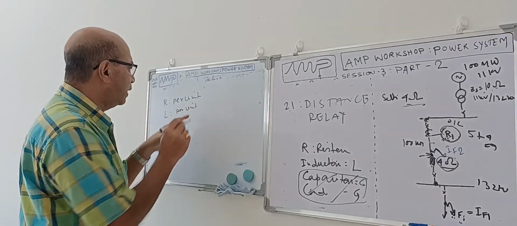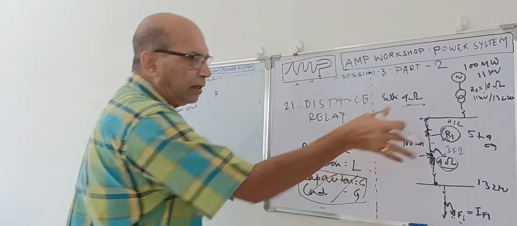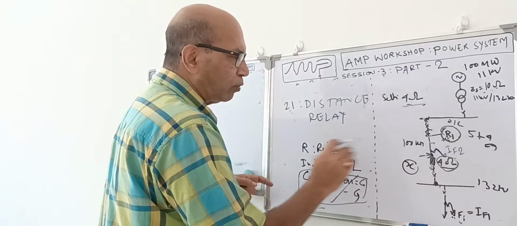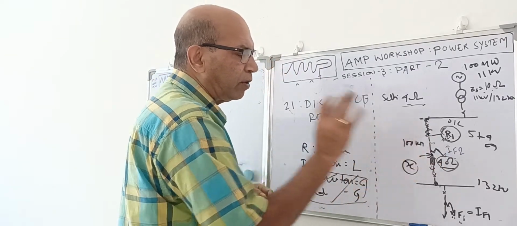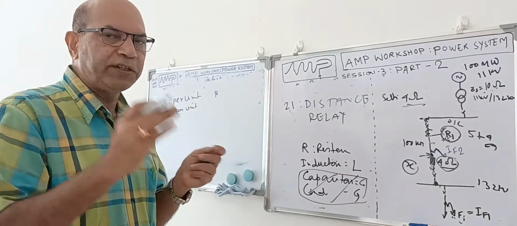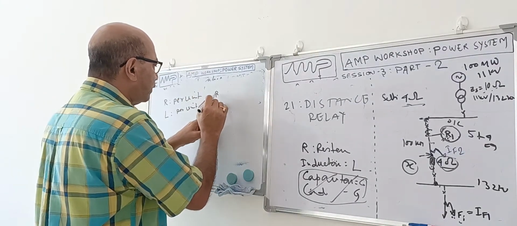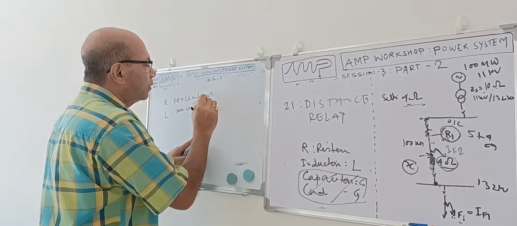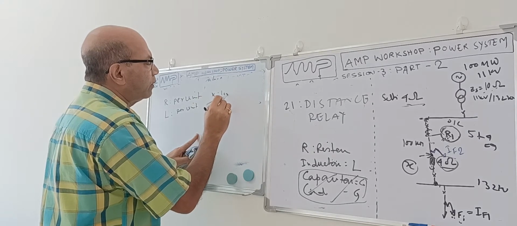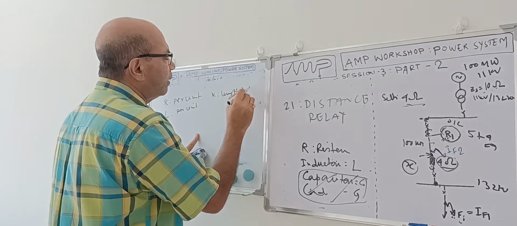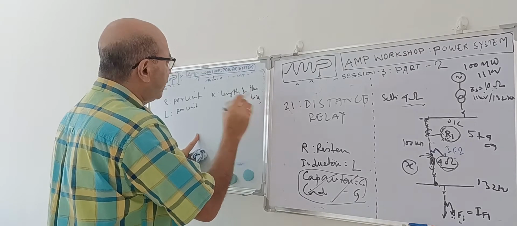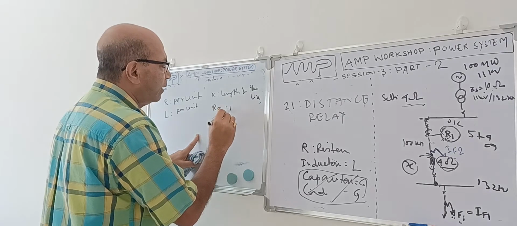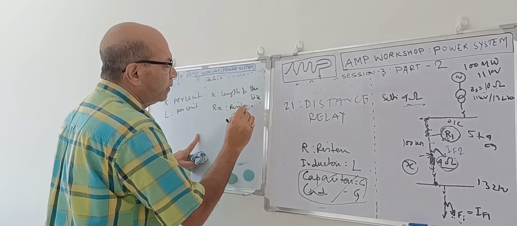Now for the resistance, it has R ohm per unit length. Suppose this length is 100 kilometers. Suppose I am considering the length of the line as X. Okay, length of the line. So the total length is 100, and at any point of the line I can consider a length X. So I will show impedance is proportional to X. So R equals how much? The per unit length resistance is R. The total up to suppose X length, X is the length of the line we are considering. So if X is the length, the resistance is how much? R into X. Right. This is the total resistance for X length.